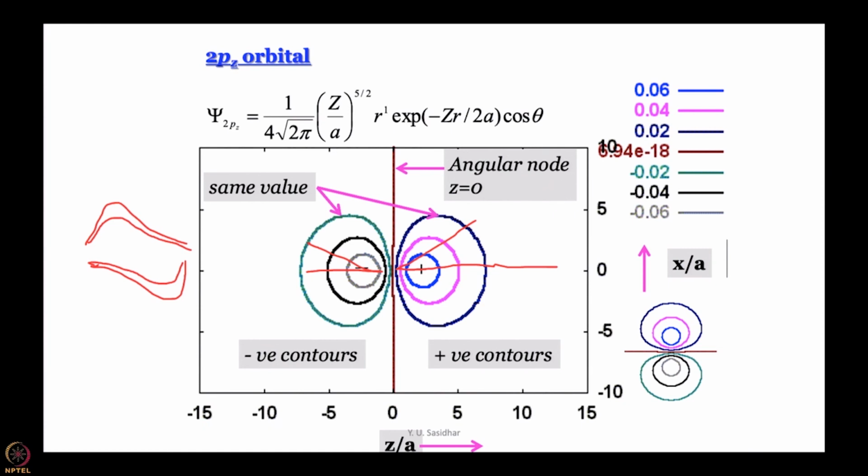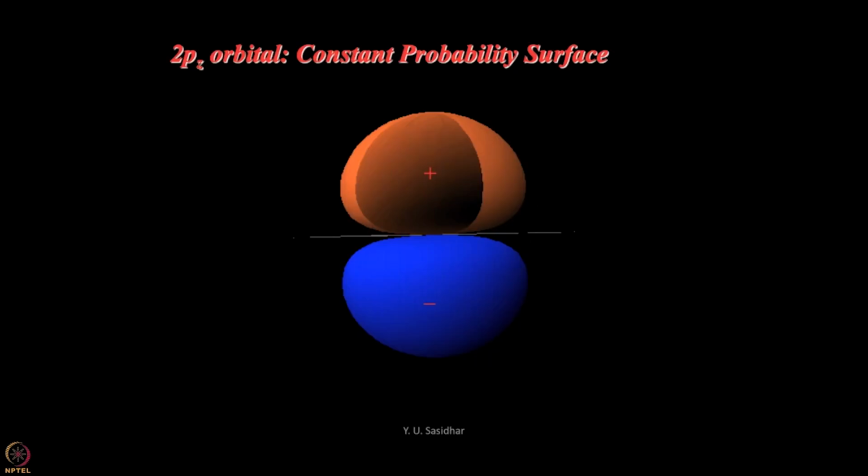What happens if I try to construct psi square? Well, we get two lobes once again, just that both become positive. Then what should I multiply by? I should multiply by sine square theta. Should I multiply by sine square theta? Remember what is there in the volume element? r square sine theta. So, I should multiply it by r square sine theta and see what kind of shape we get. We will not deliberate upon this question right now. In the next module or the module after that, we are going to come back and briefly discuss this issue. For now, let us just go through the orbitals and have a look at p as well as d orbitals. Okay.